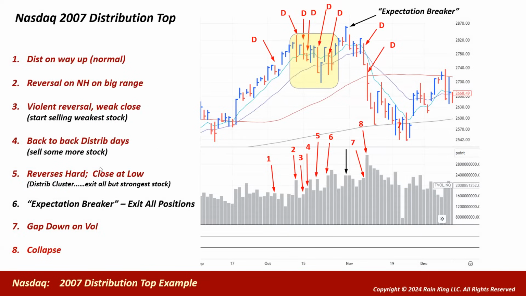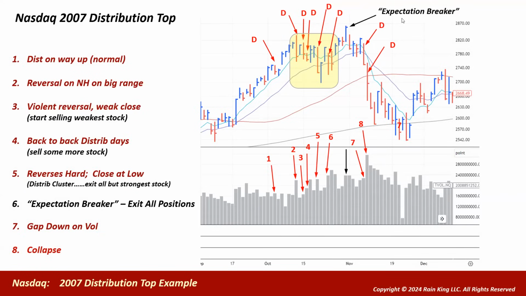And things look pretty bad here. And at that point, you should be exiting all your positions, most likely, except maybe your strongest stock, which you have cushion. That would be the one you're trying to hold on to. So in this case, in '07, the market tried to rally for a couple of days. These blue days with nice peak closes looked pretty good. But you can see here, the market had another distribution day, distribution 6. So we're clustering again. And then we have this rally attempt for almost 4 to 5 days. And then we get this day here where we break out and close at new highs.